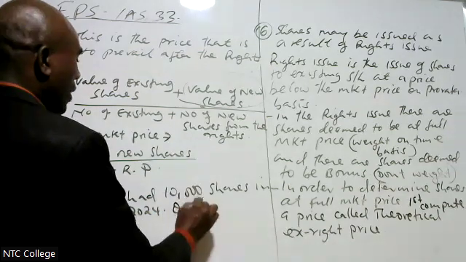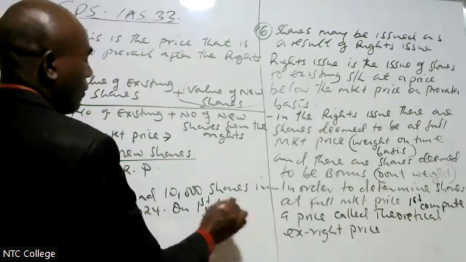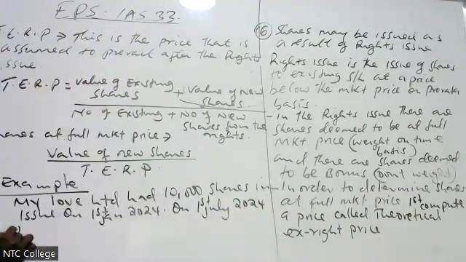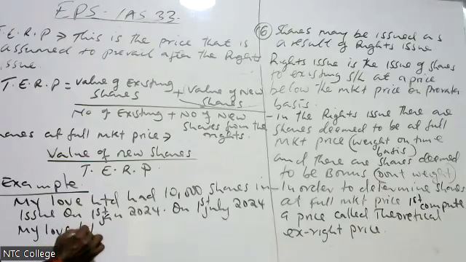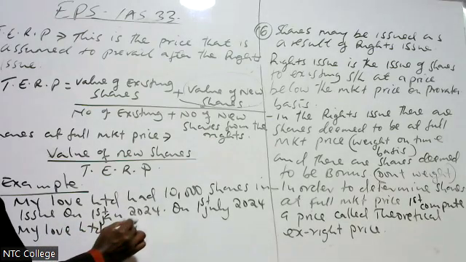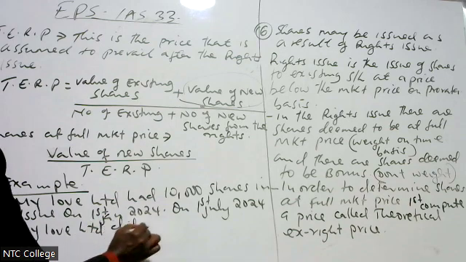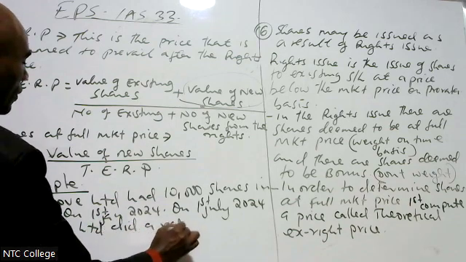On 1st July 2024, Mairab Limited did a rights issue